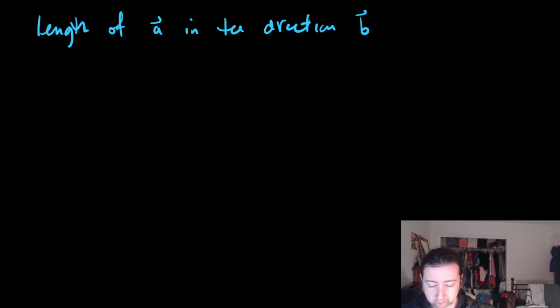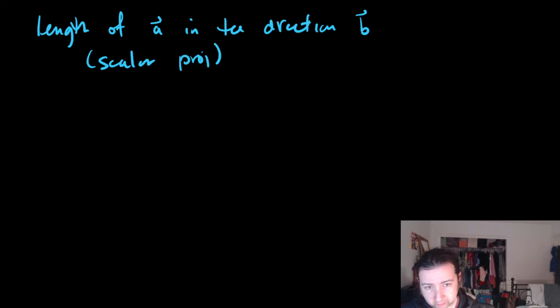It turns out this is a formula that in some sense has to do with the fact that the cosine of this angle is involved. There's a bunch of geometry behind it. You don't actually need to know the geometry to remember the formulas. The way I think about it is like this. The length of A in the direction B, which is what we mean by the scalar projection,